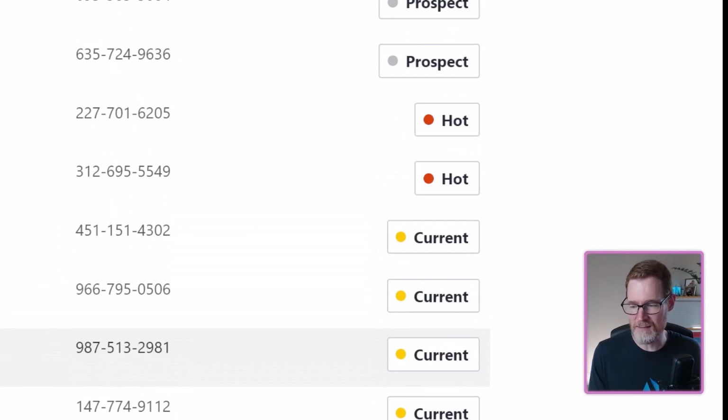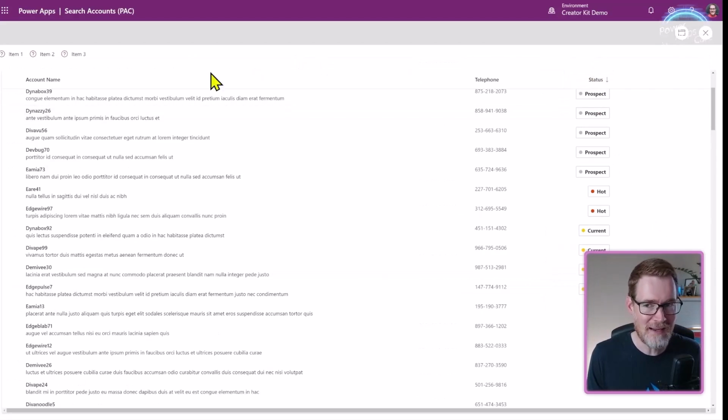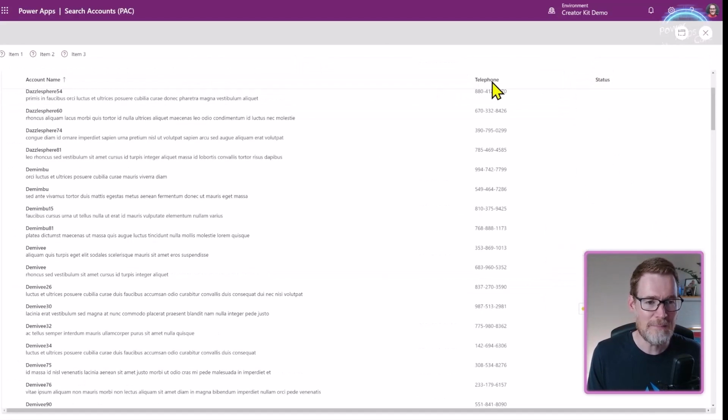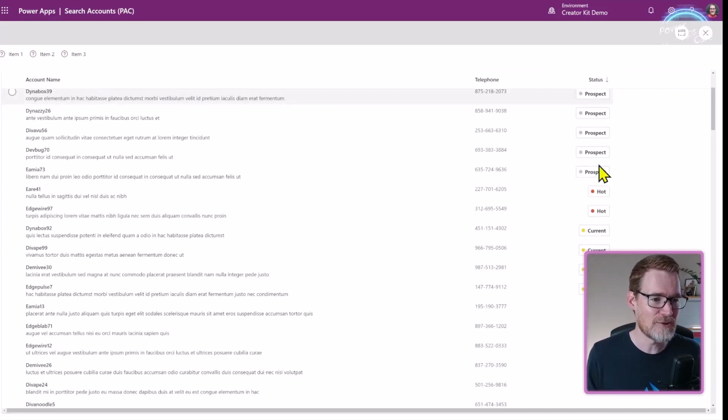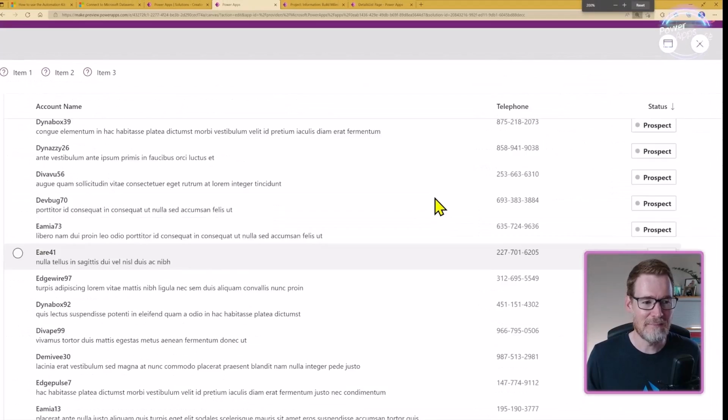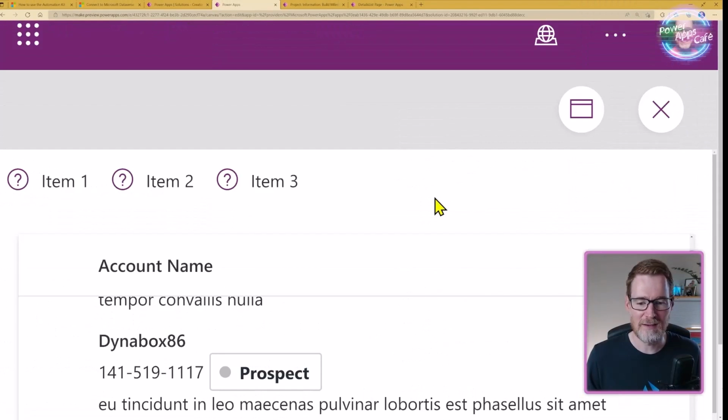So it does give us that ability to maintain the binding to Dataverse, keeping with the delegation, but also getting some additional metadata to be used in the coloring of this. I will show in a later video how we can use add columns and still maintain delegatable expressions, but in this one I wanted to stick with the standard functionality of the details list so that we can make use of the built-in sorting. So now if we dynamically make the size increase here, it's obviously quite large.